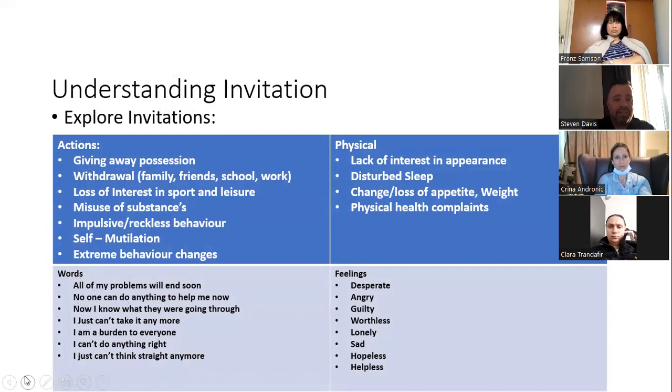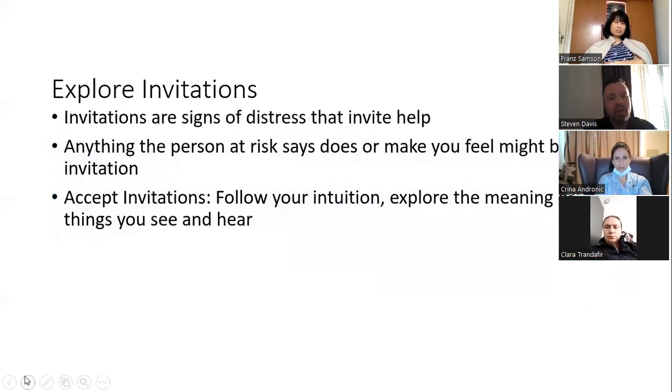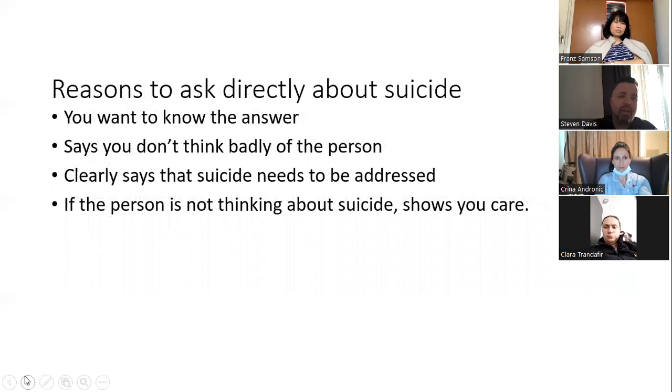We need to understand invitations. So we need to look at what they're telling us and what we're seeing. Again, we're looking for the actions. Are they showing us stuff? Are they trying to give us things? Or physical, are they starting to tell us things that's going to make it a lot harder? So lack of sleep, angry, depressed, etc. We'll explore those invitations. So again, is there a risk there? Is there not a risk there?